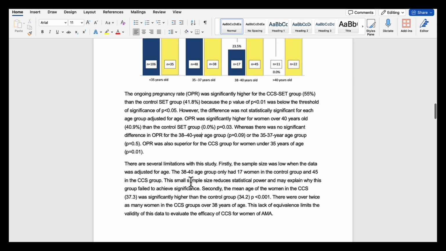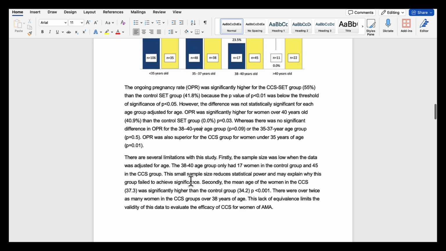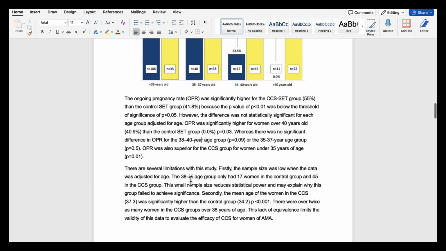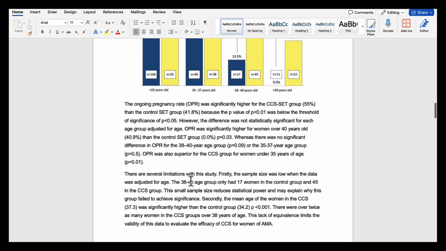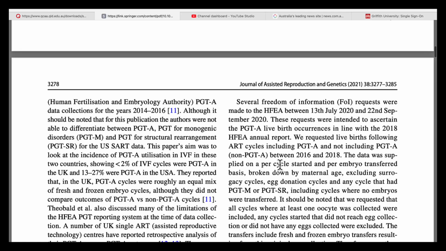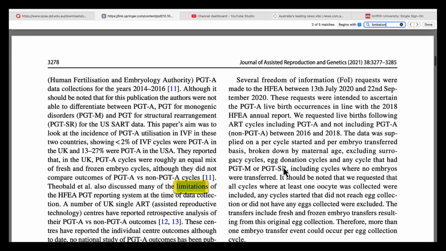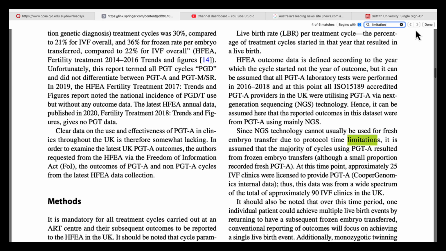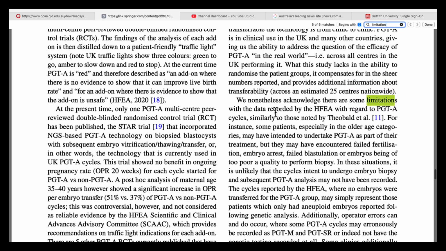Then the next thing we do is we talk about limitations. Okay, so limitations in terms of the quality of the data. Normally you can find this information in the study because the authors will have a section in their paper talking about their own limitations. So you just go to your papers and then Command F, and that gives you a search, and then we can go to limitation, and we'll see we need to find where they're talking about their limitations. Okay, so just search through. We nonetheless acknowledge there are some limitations with the data.